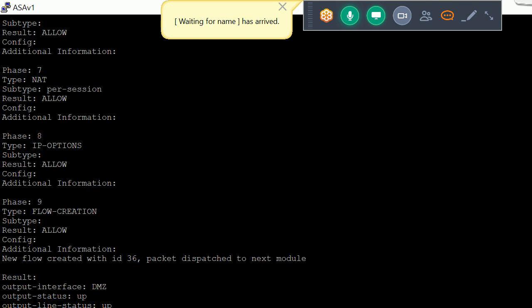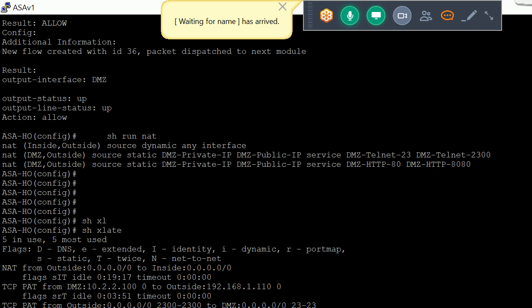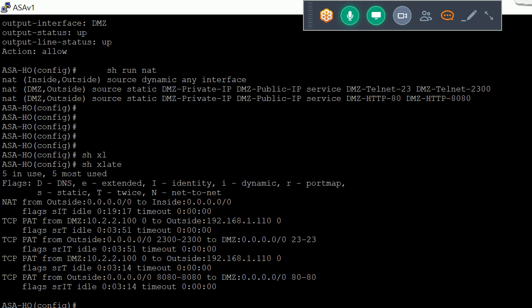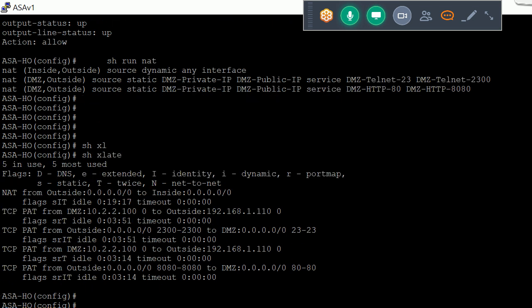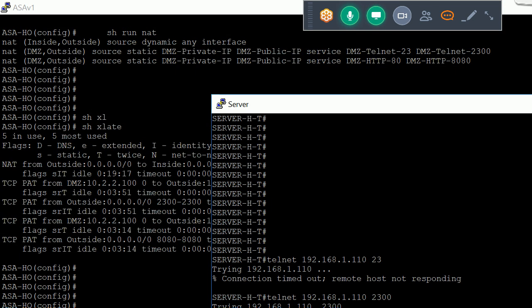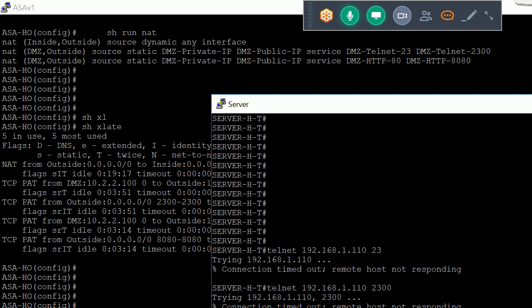Exit. Clear connection, clear, exit, and let me now run this command again. Okay guys, I think I need to troubleshoot this one. We will continue tomorrow from the same place. Okay, bye.